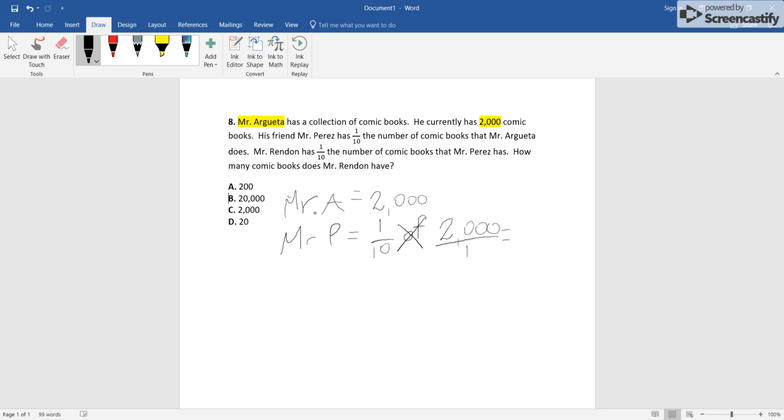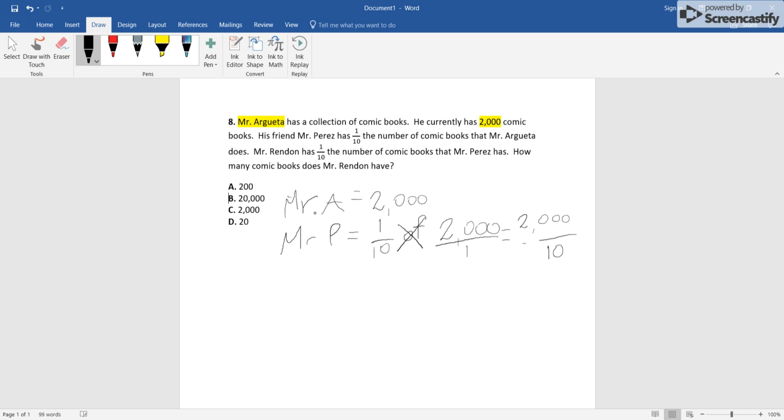So we're going to multiply straight across, the numerator times the numerator, then denominator times denominator. So 1 times 2,000 is 2,000. And then the denominator 10 times 1